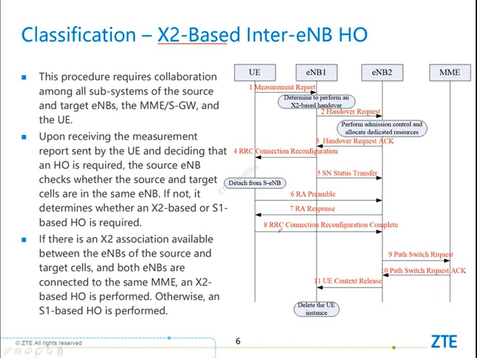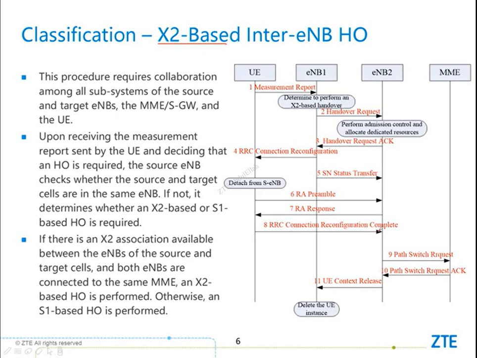So the UE will send RRC connection reconfiguration complete message to the eNodeB 2, just to inform eNodeB 2 that now I have already arrived at your cell. Okay, if the eNodeB 2 receives this message, the eNodeB 2 can confirm this user has already handed over to